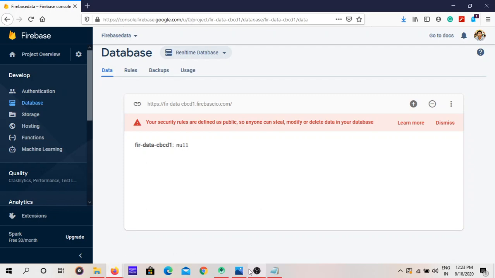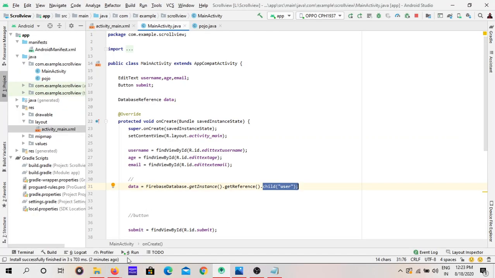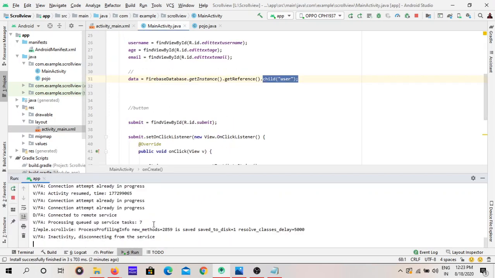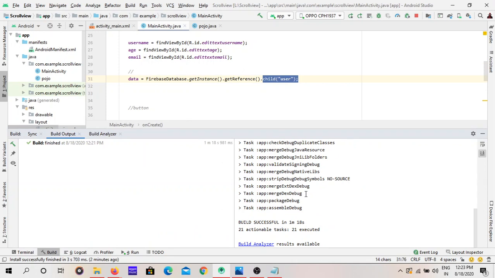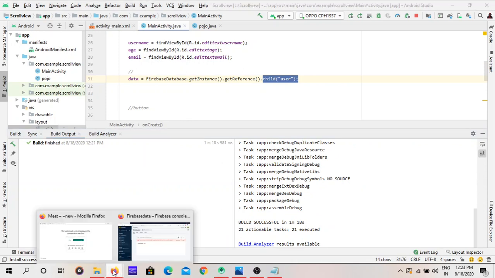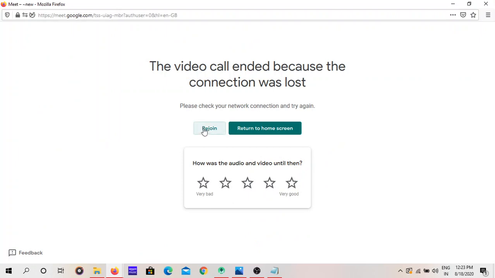Okay, now wait for a second. Is the build completed or is it still going? Yeah, it is completed. Now I will share the screen.